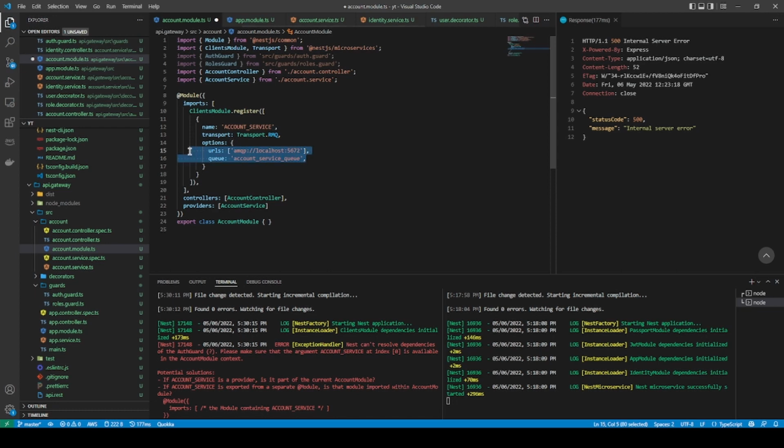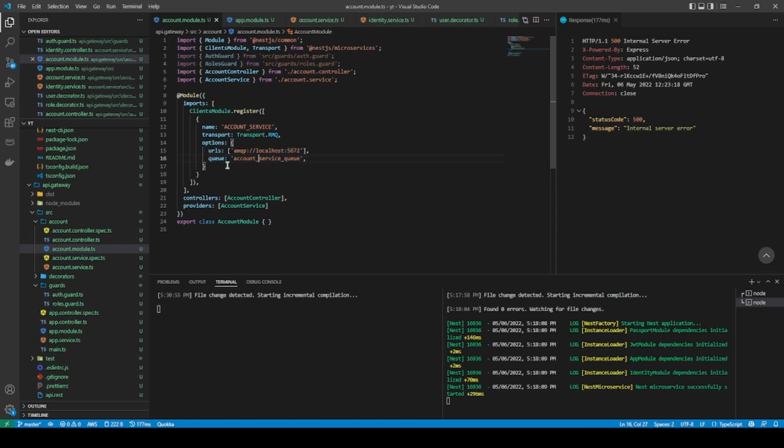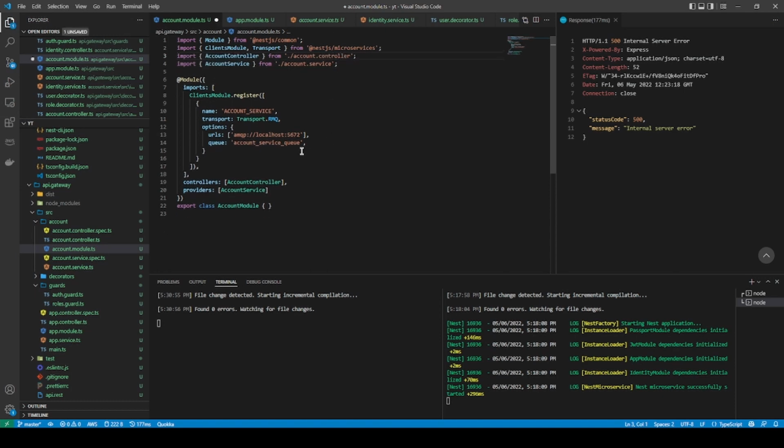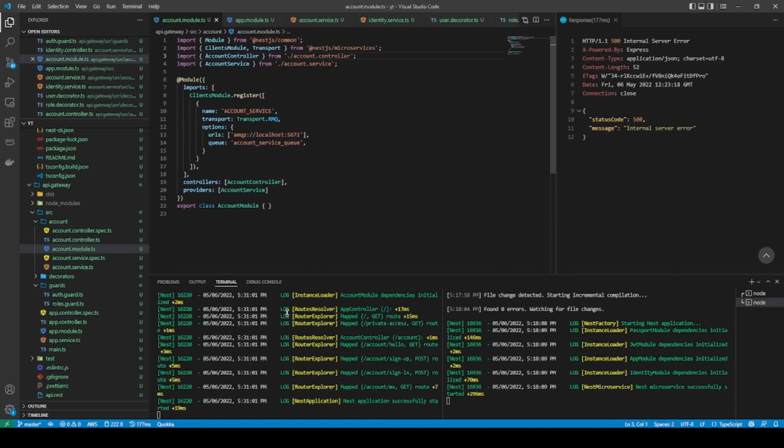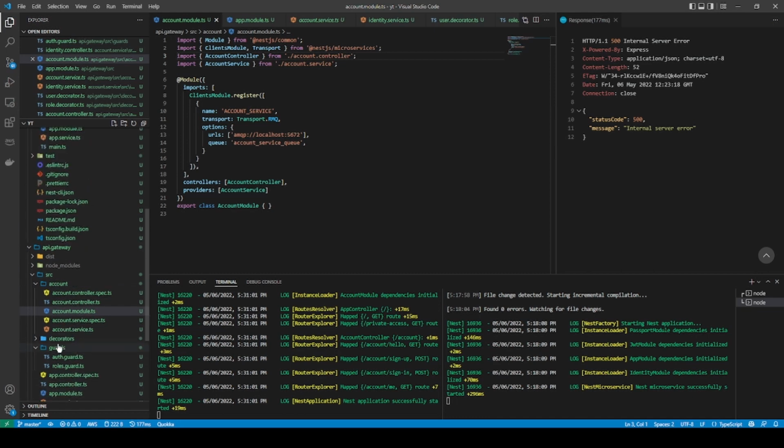In the future, we can put these inside the environment, so it won't be needed to write them several times. And okay, so we somehow now have access to the